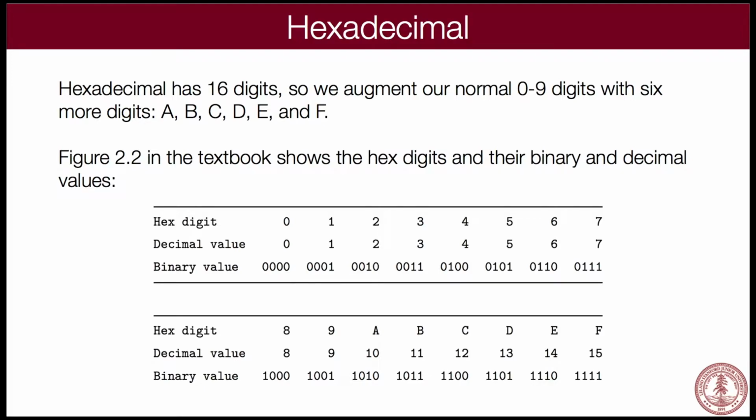Now, when you get to A, in other words, you get to decimal 10, in hexadecimal, you keep counting digits that you have. So you start with A. So A in hexadecimal means 10 in decimal, or means 1010 in binary. Okay? And then B, C, D, E, and F are exactly the same. F means 15 in decimal, and that's your top digit. Okay? Anybody got any questions about that so far? You'll see where this becomes relevant in a second.